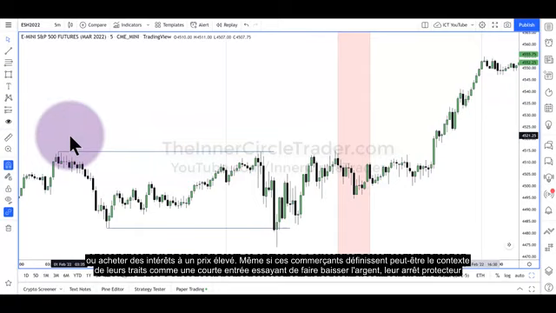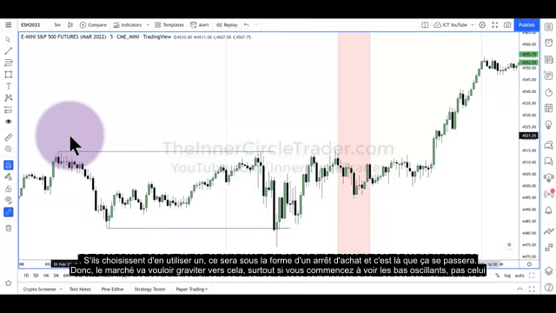Even though those traders may be framing the context of their trades as a short entry, trying to make money going lower, their protective stop, if they choose to use one, is going to be in the form of a buy stop. And this is where it's going to be at. So the market's going to want to gravitate towards that,